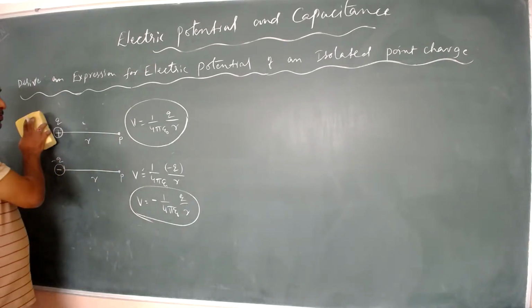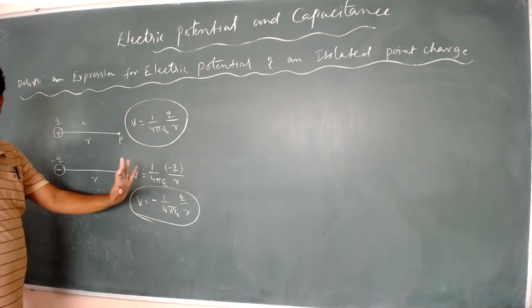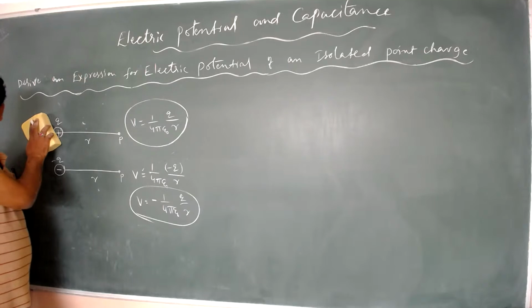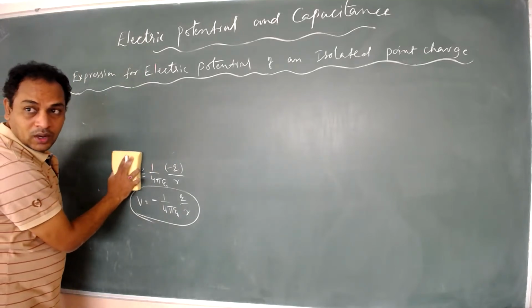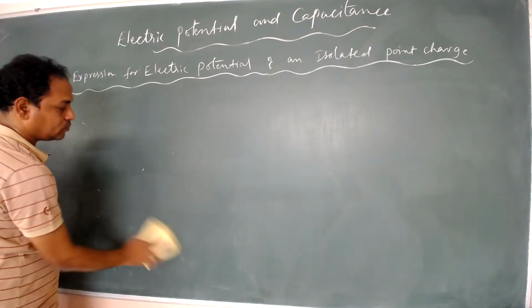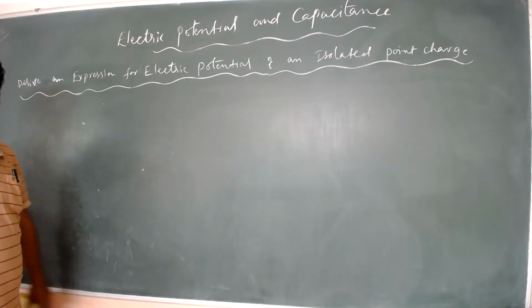Well, this is a simple formula. You take positive, here this will be negative. That's all. Okay, so let us move on. Right. Now see, electric potential due to a spherical shell. Spherical shell means